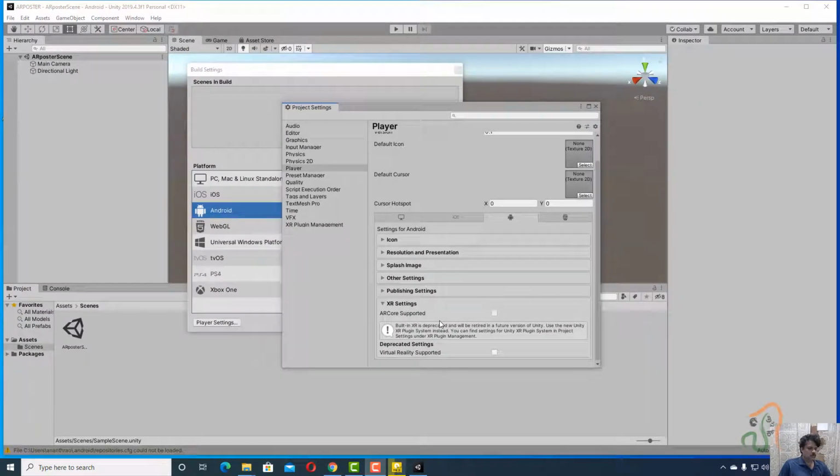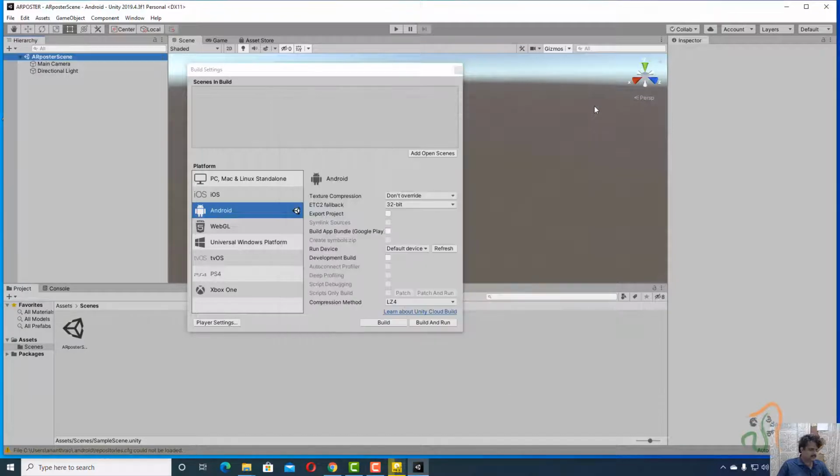As you update Unity, after about 6 months when you look at Unity, all these settings would have changed again. So you have to keep track of it. Okay. So right now, according to these instructions here, let us close the Player Settings here and also close the Build Settings here.